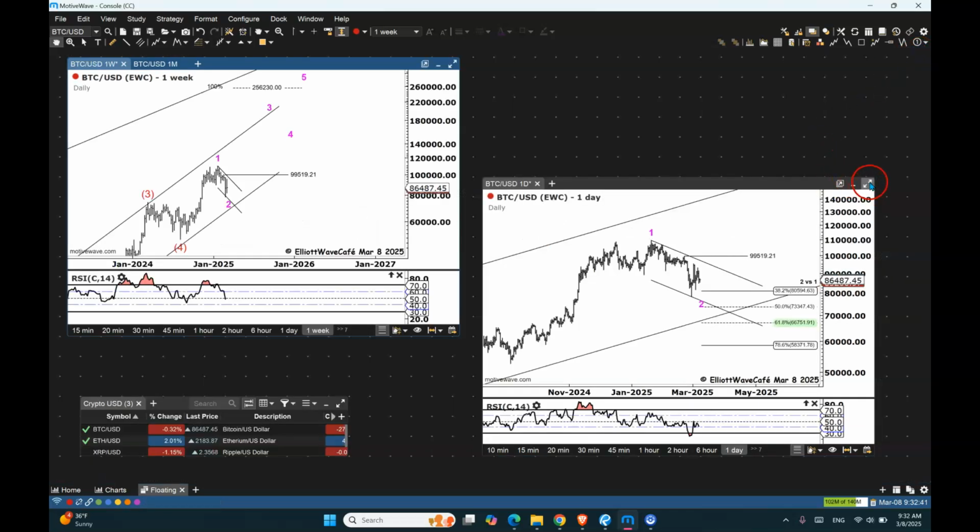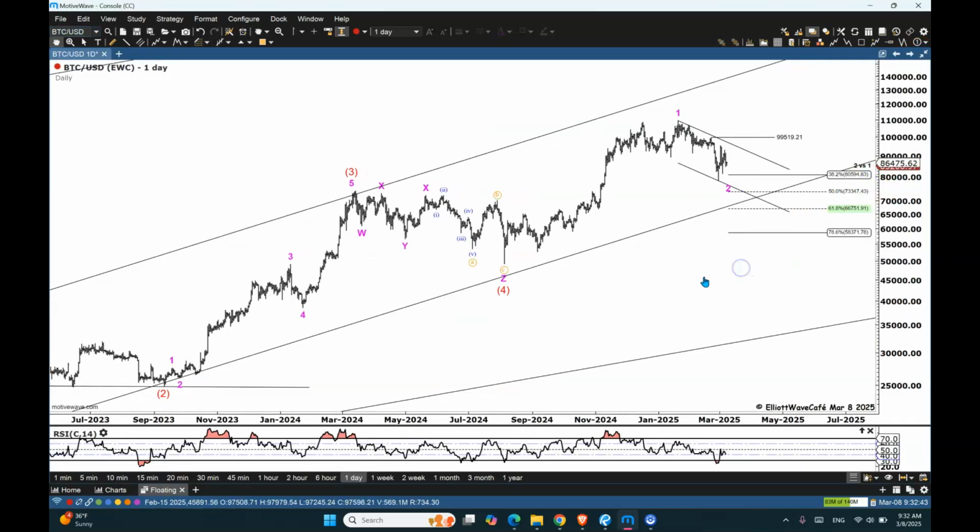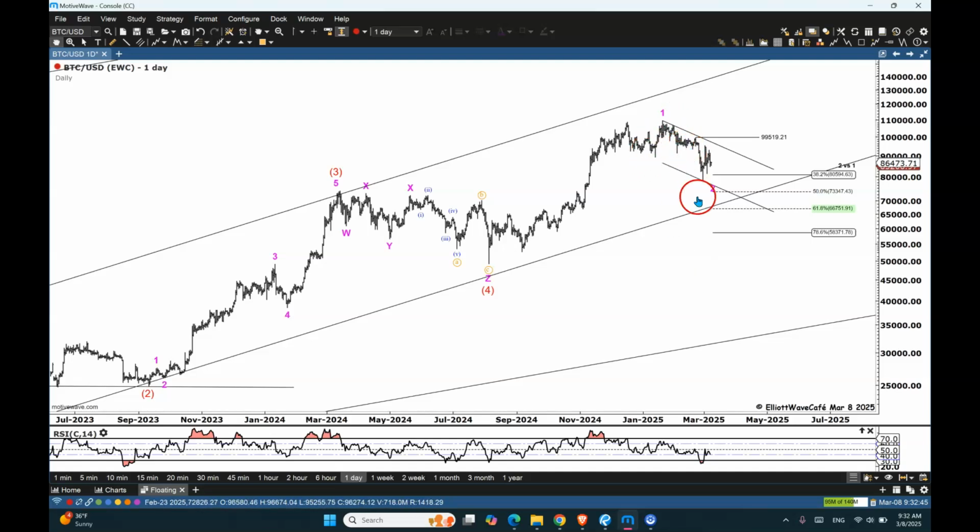And then on the daily, I know maybe some of you would like me to count this decline. I find it quite useless. It doesn't matter. You can put whatever label you want. I don't think it's that impulsive. It's probably more like a corrective move. It could be like an ABC for a W, then an X, triangle, maybe another triangle in B, maybe one more push lower in C, just to really flush people and then go. However it wants to go,